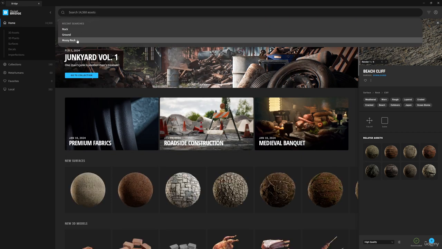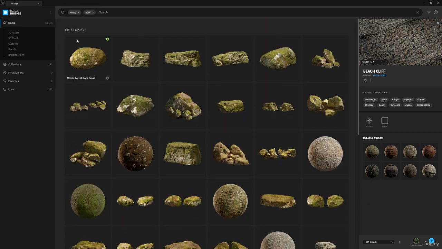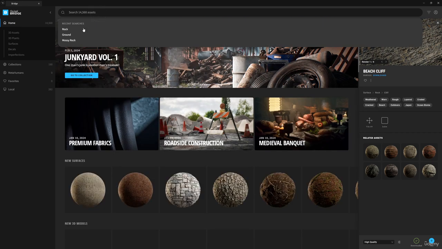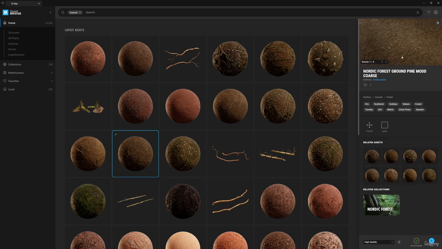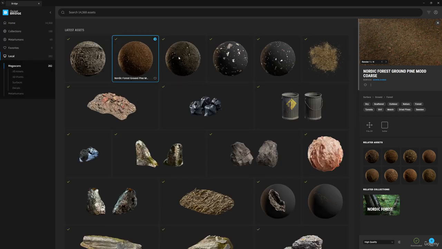And finally, we're going to use a mossy rock. We're going to use a ground, dirt texture. I do like leaves being scattered already, which is a nice addition to the texture, so I'm using this one. You can use whatever texture you want. You don't have to completely stick to whatever textures that I'm using. So go with your own taste, or you can follow along strictly as well. And just hit download. Once you have done that, go to local and you'll see all 3 textures being